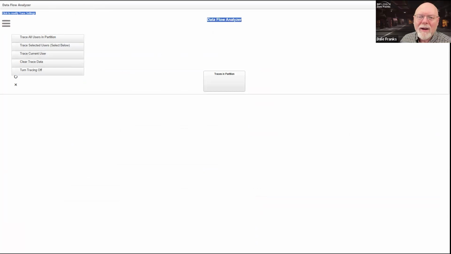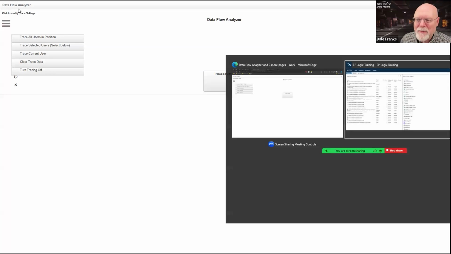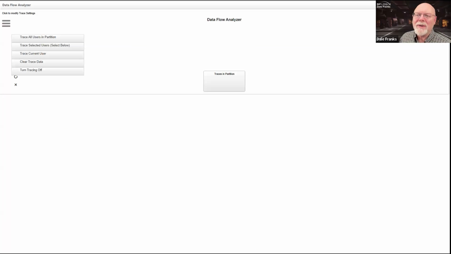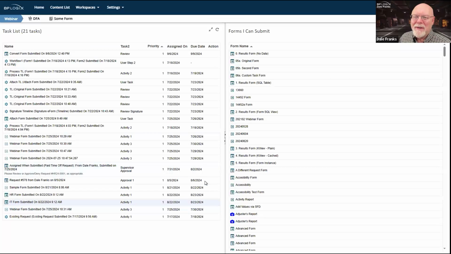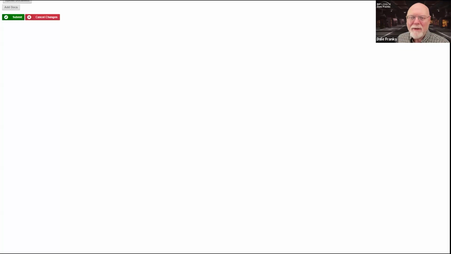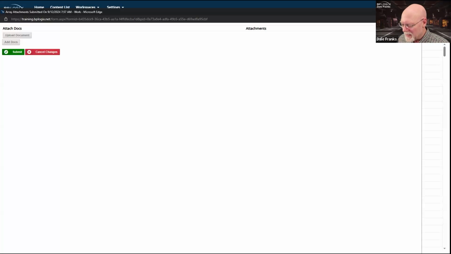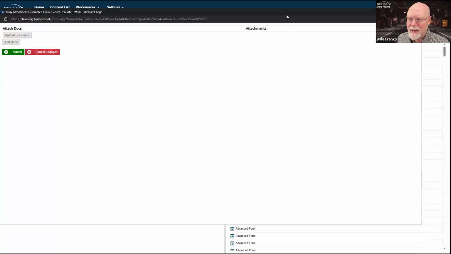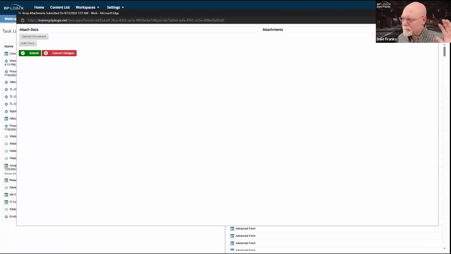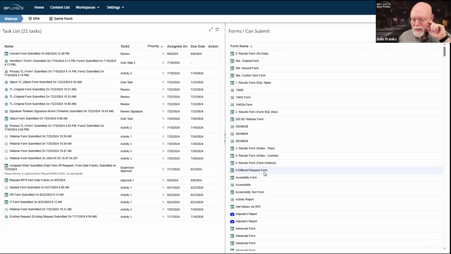Can I close the data flow analyzer? I think my Zoom thing is in the way. I want that tab closed. All right. Oh, there we go. It is the tab. Fine. I can close the tab. I'm not sure how that worked. Oh, and I have some form. So apparently the data flow analyzer opens up in a new tab, and the form opens up obviously in a new window. Great. I've got a workspace.